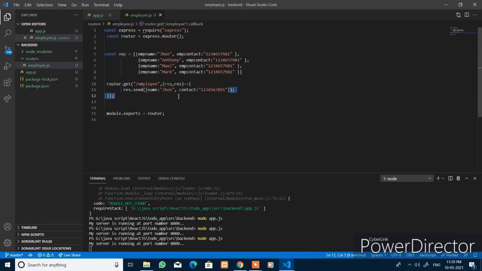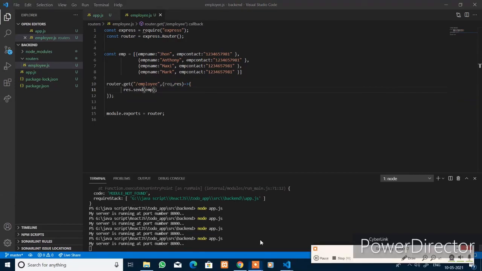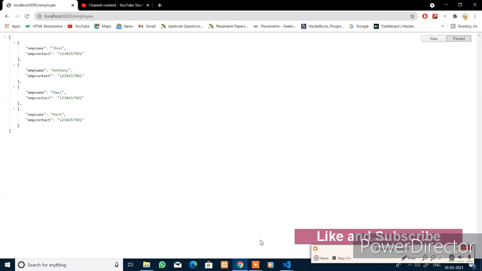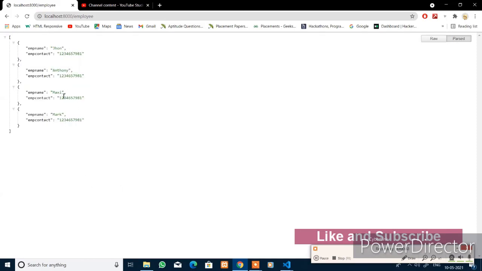So you remove this object and type employee and save that, and you restart that server. And go to the browser and reload that page. Here you get the 4 employee records: John, Anthony, Maxi and Mark.